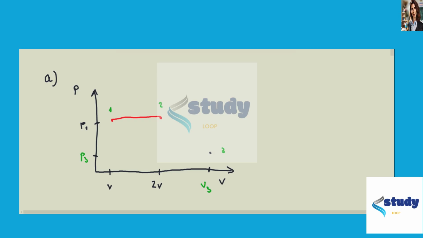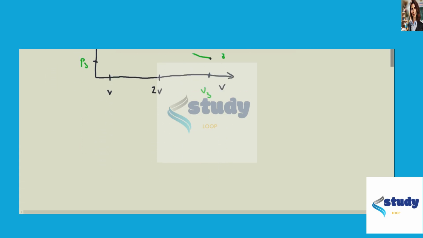So in this case, we have an adiabatic process. We will have a slight curve between points 2 and 3, like this. The direction is from 2 to 3, and from 1 to 2 here. This is the pressure-volume diagram that was asked for in part A of the problem. Now for part B of the problem,